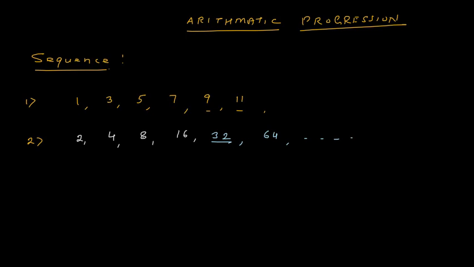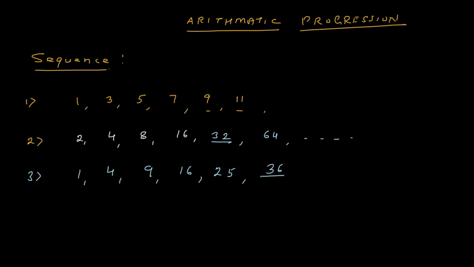Now let us see one more list, the third list. I start with 1, then I take 4, then 9, then 16. Now tell me, will you be able to find the next number? 1, 4, 9, 16. What will be the next number? I will write the next number also. Is it 36? How am I getting this number?